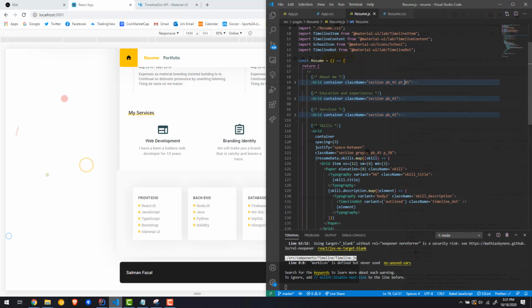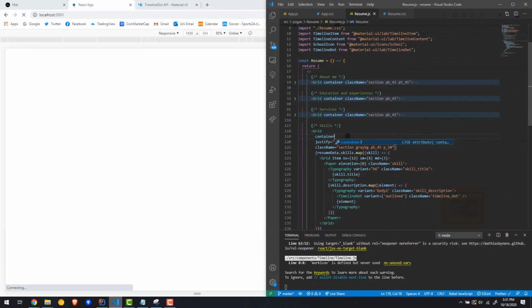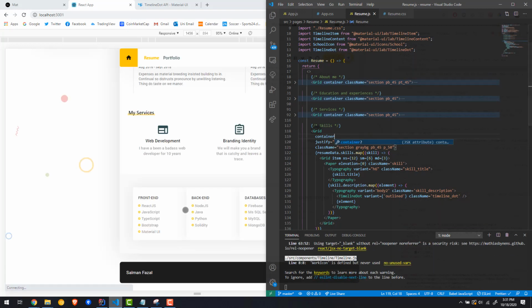there's something wrong. If I get rid of the spacing, does it make a difference? Yeah, it actually does make a difference. So what I can do, because the spacing actually adds a spacing all around the container, right? And because it's adding it everywhere, the outside element is being pushed as well. Do you get it? So what I can do in here is, instead of adding it to the container there,